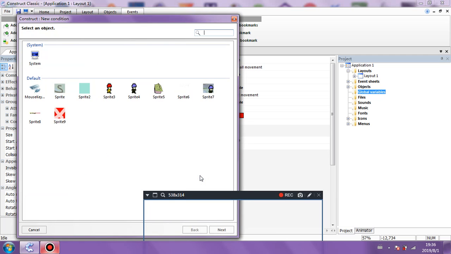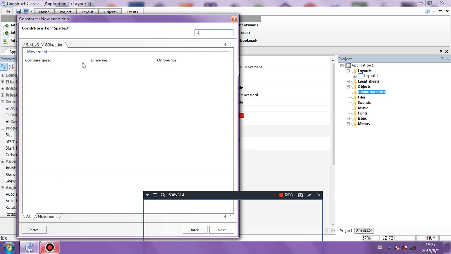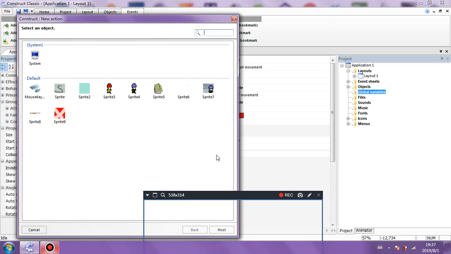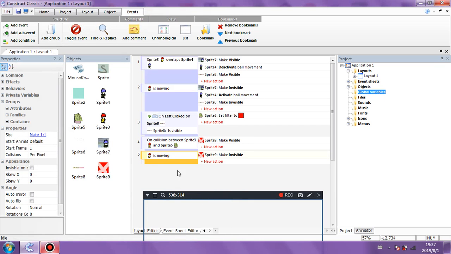Okay, insert event. When this redhead dude is moving in his 8 directions, this one, set invisible. So you walk up to the house, it becomes visible. You walk away from the house, it becomes invisible, right? Okay, we got that. Now left click. It makes a lot of sense because they're going to show at different times anyway, in different places. I'm talking to that guy over there, I'm touching the house over there. We've got one's overlapping, one's collision, but still.